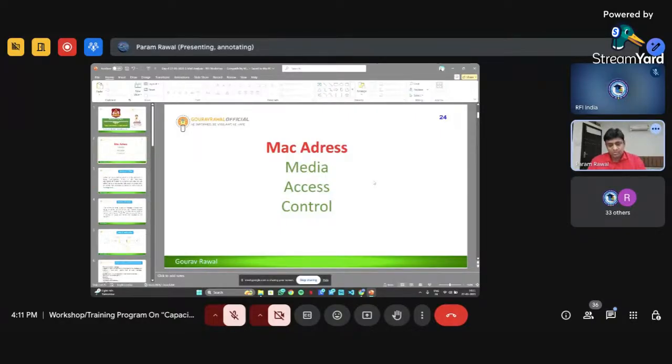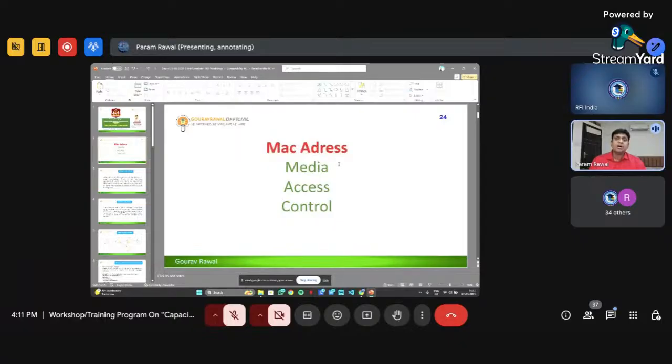Suppose we write to Google or YouTube or any other service provider, and they give us the IP address 192.168.1.1. But on that day, to which machine was 1.1 assigned? That is again a question. To eliminate this situation, we usually refer to the MAC address. A MAC address is a media access control address.